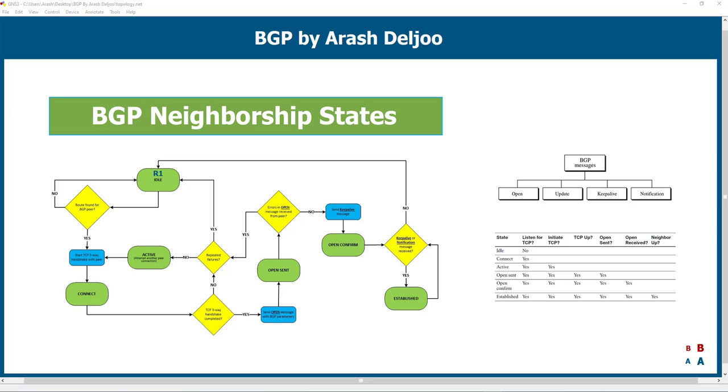First, we should understand the idle state. Idle is the first stage of the BGP FSM or finite state machine. Because of that, we should start from idle. When we are in the idle state, for example, R1 in the